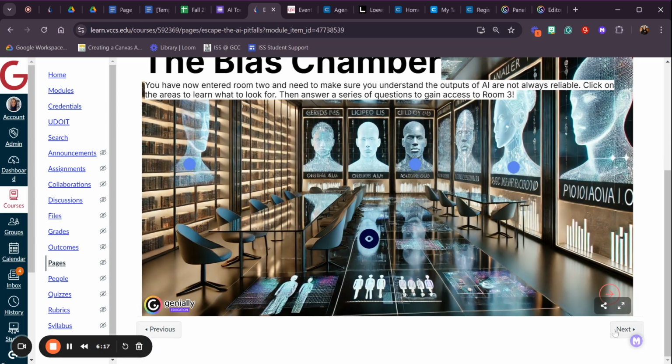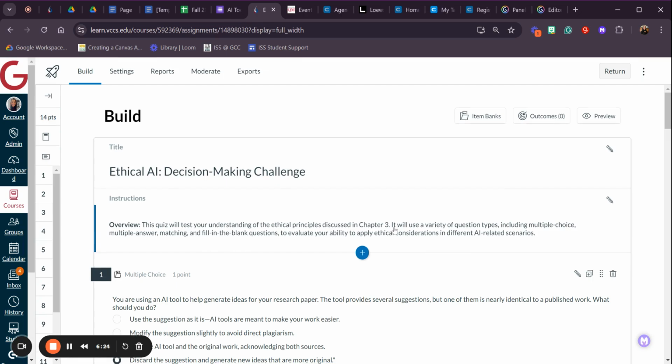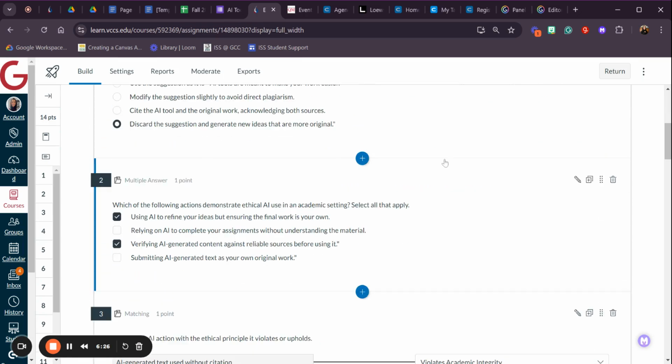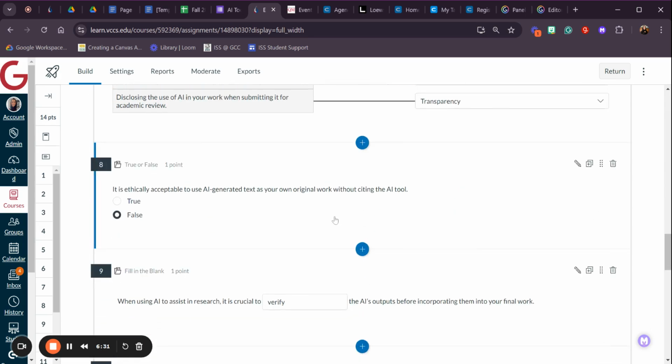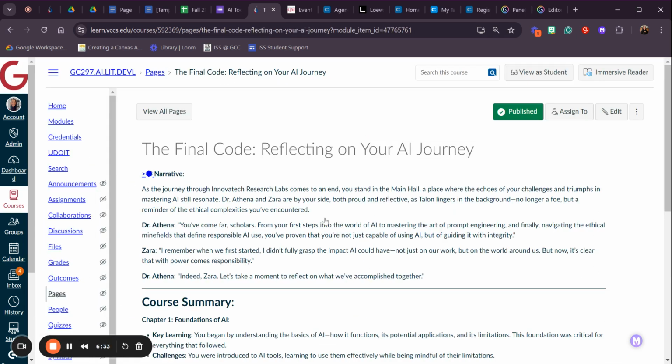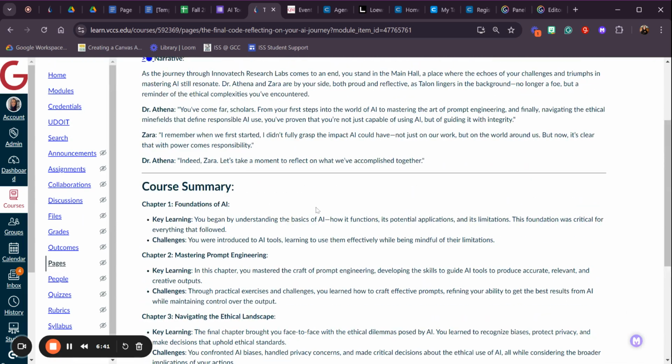Once they're finished with that, they have to take a quiz on ethical decision making. So again, it's multiple choice, multiple answer, matching, fill in the blank, and those kinds of things. And once they've finished that, that is the final quiz in the game. And then they have a reflection, a course summary, and a few more